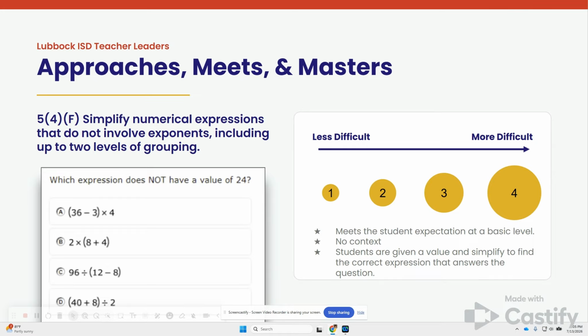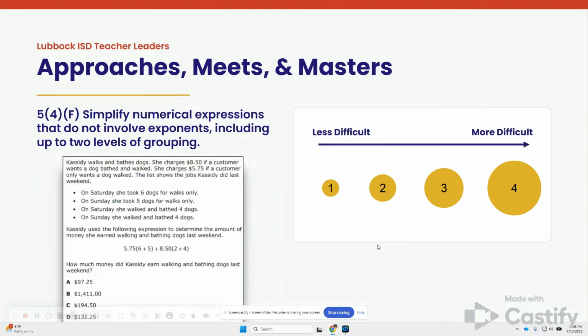Now let's look at another assessment item, again, still tied to this same standard, but perhaps at a different difficulty level. Same standard. This problem says Cassidy walks and bathes dogs. She charges $8.50 if a customer wants a dog bathed and walked, and she charges $5.75 if she only wants the dog walked. Then we see a bulleted list of how many dogs she's either walking or walking and bathing